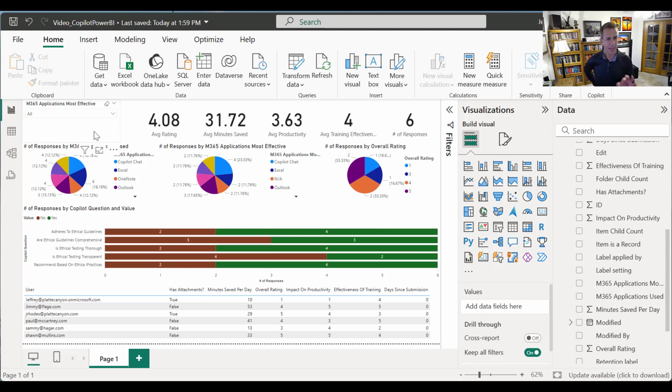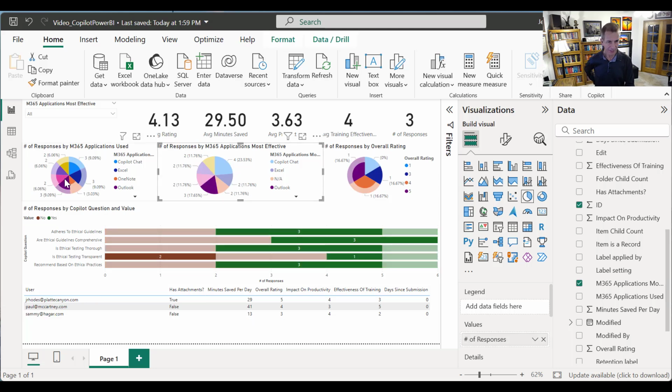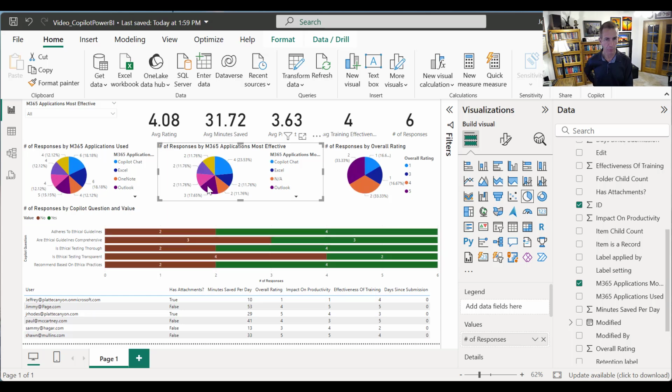Now, the other thing I like is I typically like for one visualization to filter all the rest. Notice what happens right now if I click here and see how it tries to show these highlights of what meets, and to me that doesn't mean anything. I find it not very helpful. What I like it to do is if I click on that, I want everything else filtered. So what you want to do is click on each one and go to